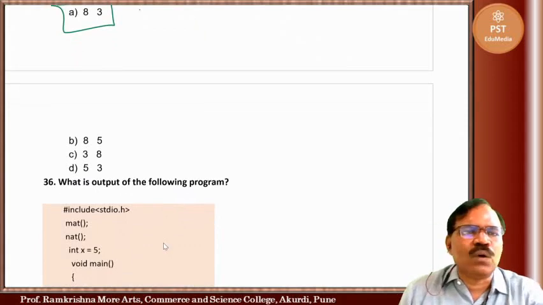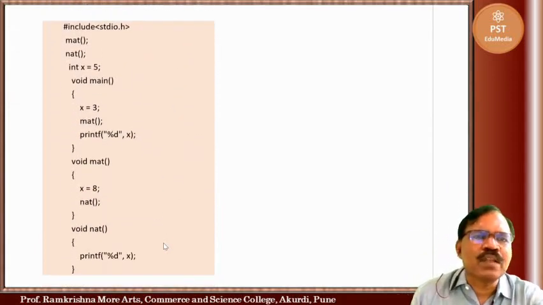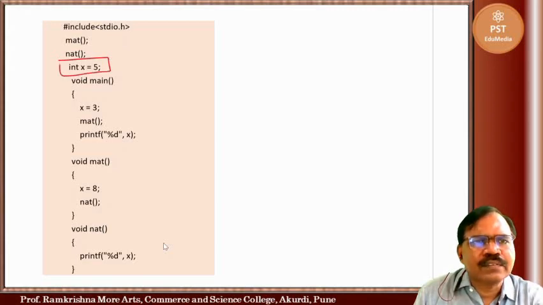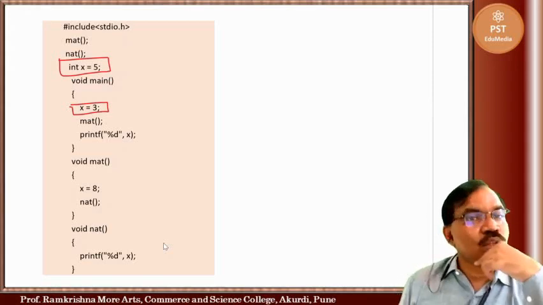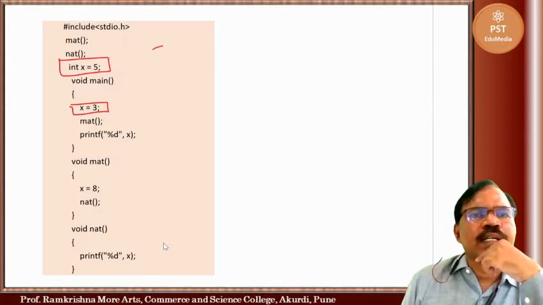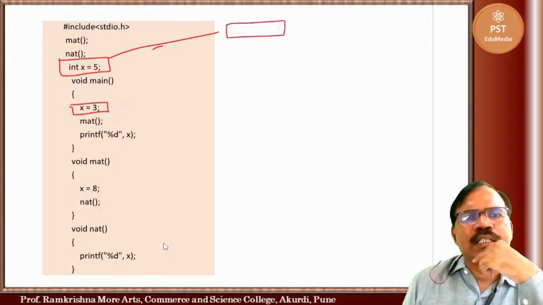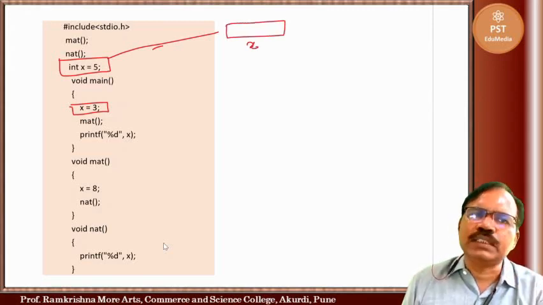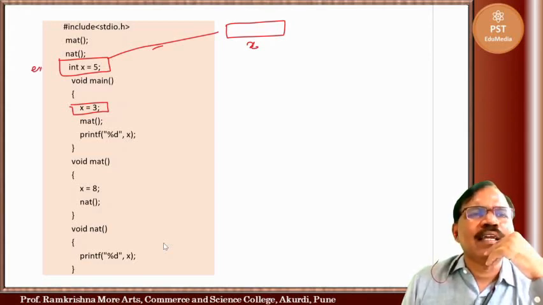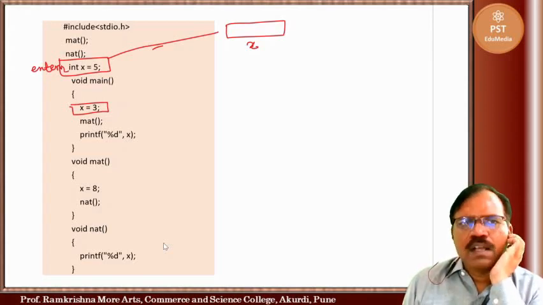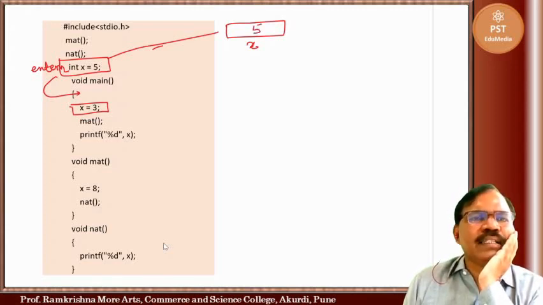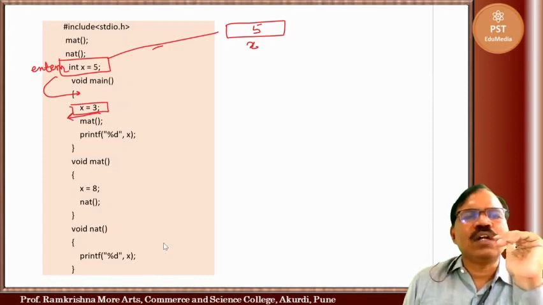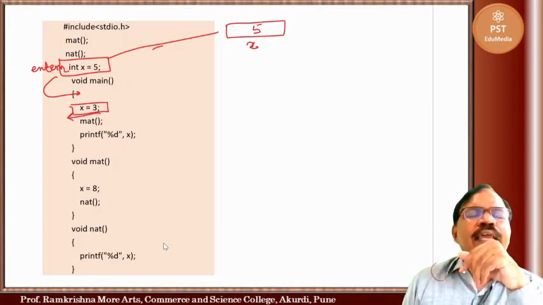Now the next one, the same program, only here it is declared, and in main there is no declaration, only the assignment x equal to 3. Now what happens in this case? A memory location is reserved by the name x. This is a global variable, or you can also write external variable. Here 5 is stored. When it enters main, x equal to 3 is not declared there, so it takes the global variable x equal to 3.